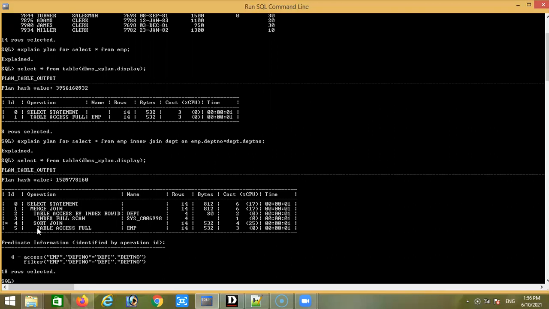So here the innermost operation is table access full. Okay, so on top of that, a sort join will be there. Okay, and here the innermost is index full scan. On top of that, table access by index row id. So in these two operations, on top of those two operations is the merge join, right? So first the employee table will be accessed full. All the rows will be accessed. So here 14 rows are showing. Okay, and for the dpt table,